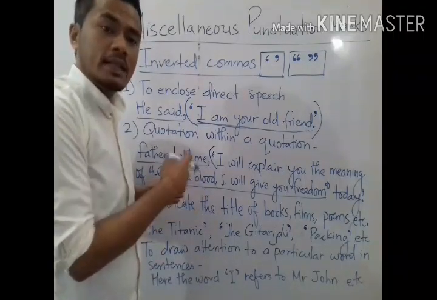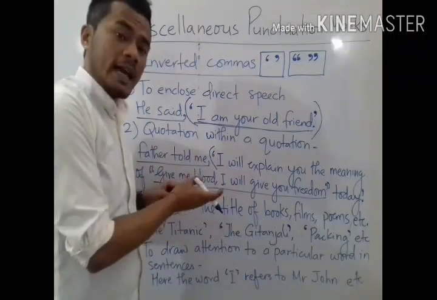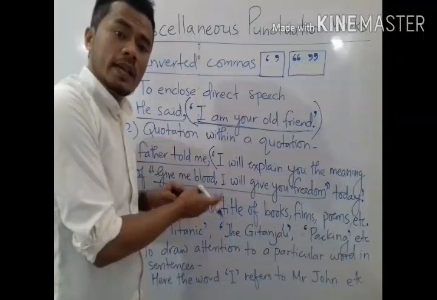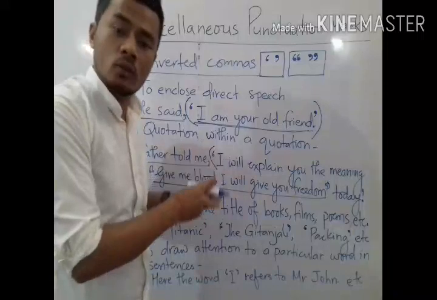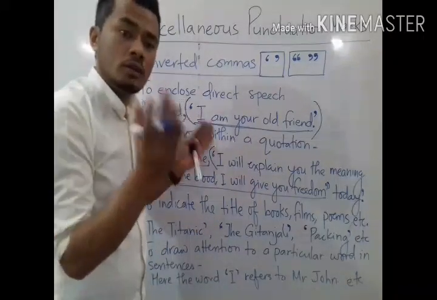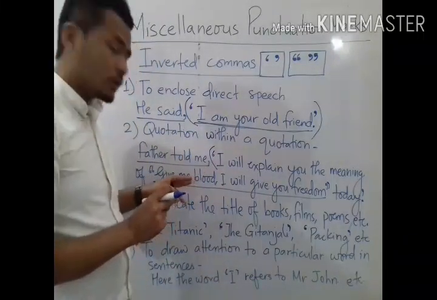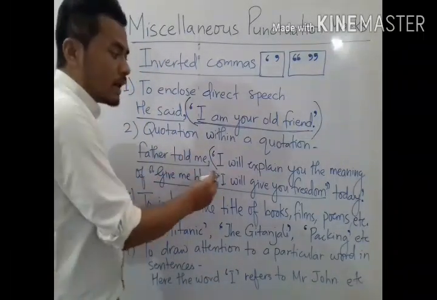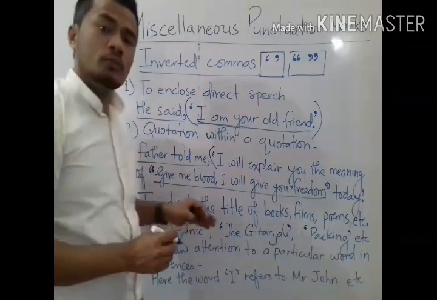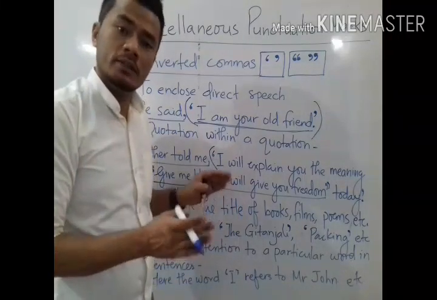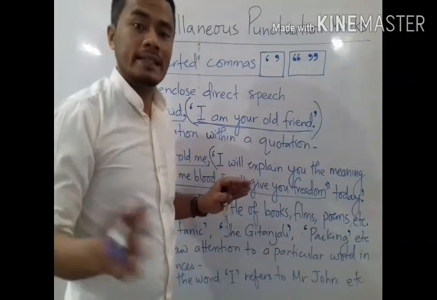So now again this quotation I also have to use quotation mark because it is not changed. It is something which is said by Subhash Chandra Bose, and I have kept this quotation as it is in the sentence without any change. So again I have to use quotation mark here. So we have here quotation within quotation. So first the outward quotation I have to use single, and inward quotation I have to use double quotation. Like here, "give me blood, I will give you freedom" I have quoted with double inverted comma. You may write sentences using other quotation within quotation. You may go through the books, you may see some other examples also.